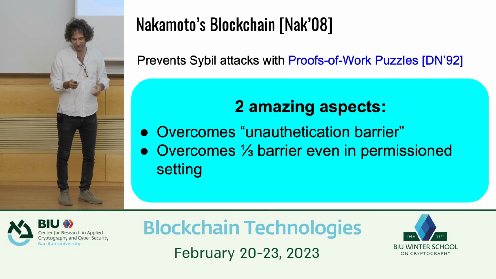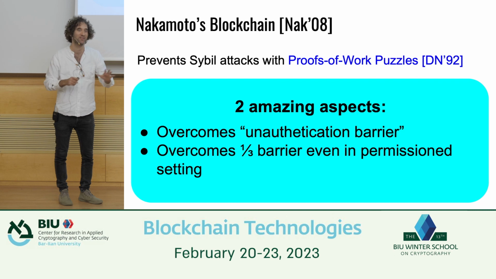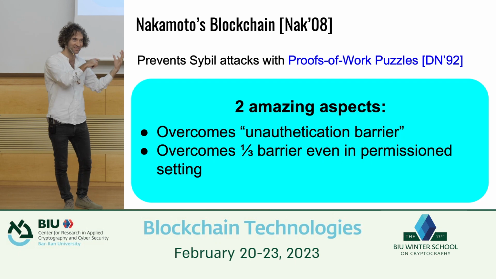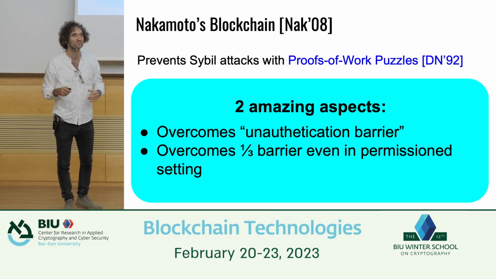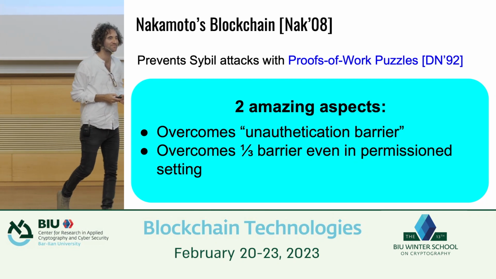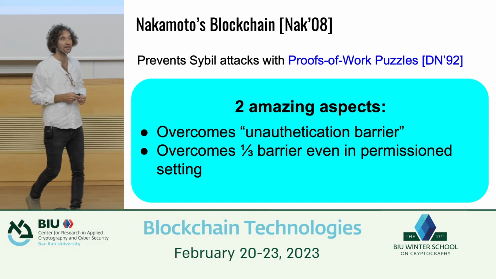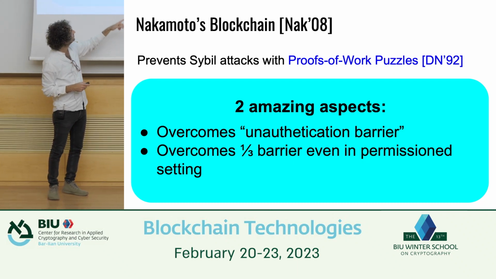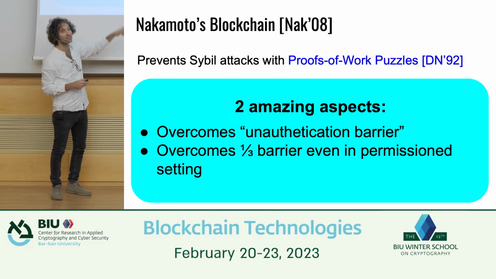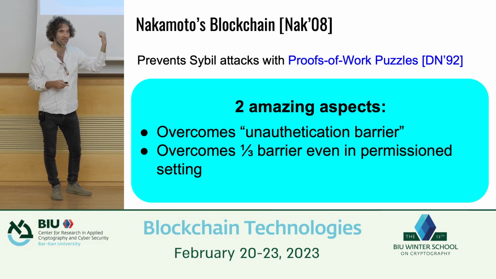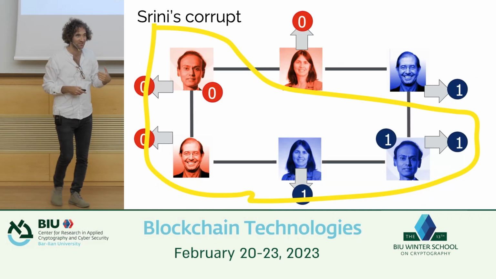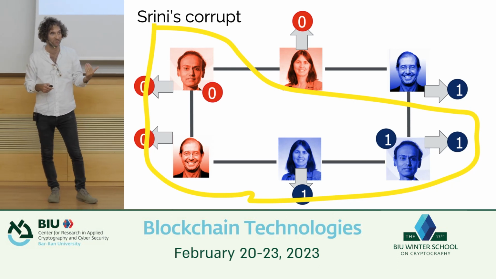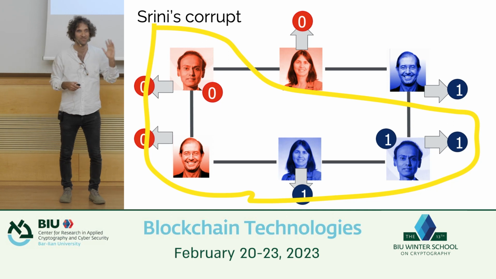This one is a little bit confusing, so I'm not going to spend too much time on it, because one can get stuck for a long time discussing this lower bound. It's very simple to see, but it's kind of mind-boggling the way it works. Well, that's not entirely true, because Nakamoto assumes synchrony. Indeed, Nakamoto assumes synchrony, but there's no public key infrastructure. The barrier I showed you before was for partial synchrony. Now let me show you the one that works in a synchronous setting. I told you that in a synchronous setting there's also a 1/3 lower bound, as long as you don't have a PKI.